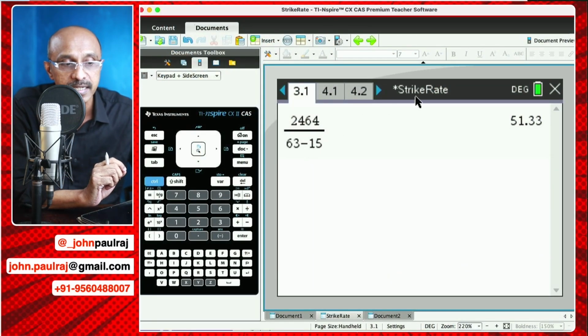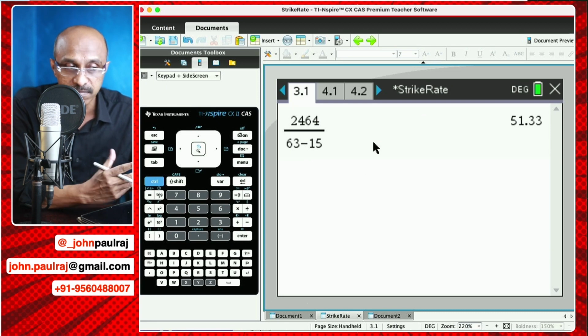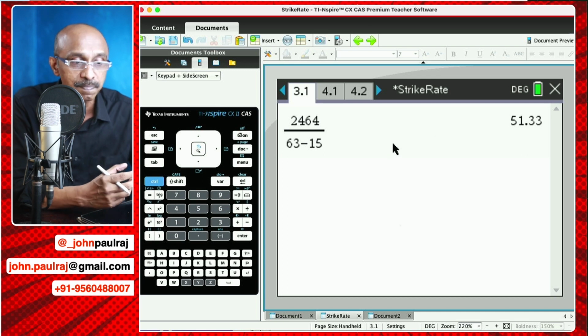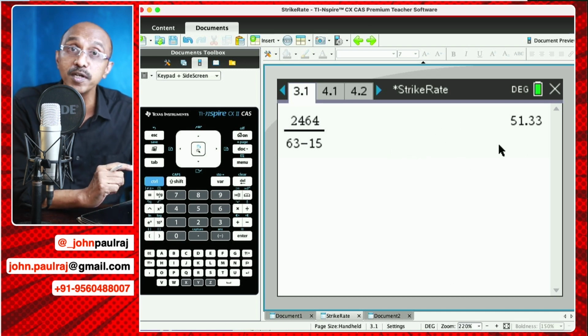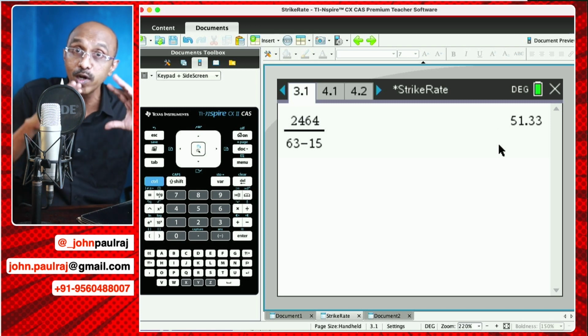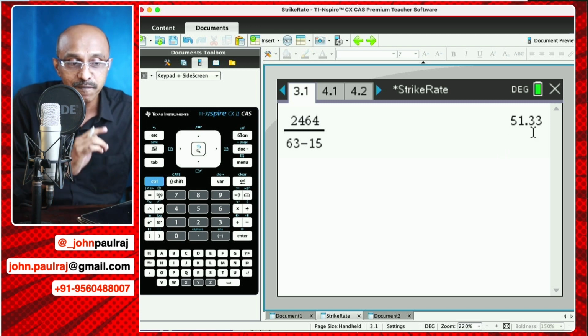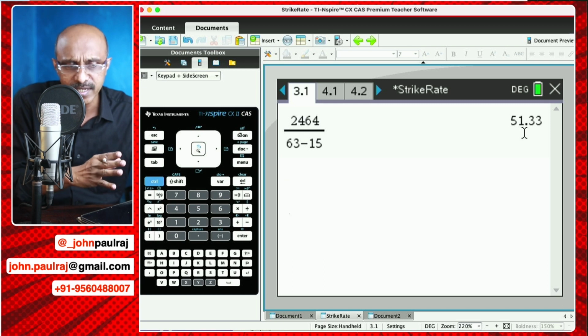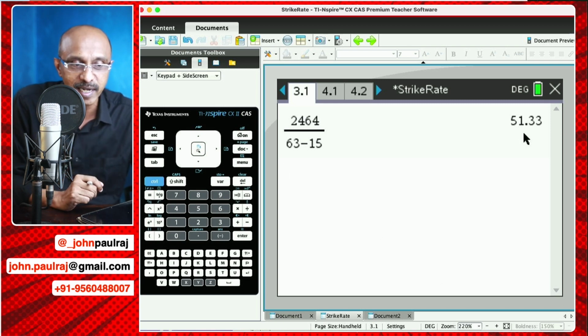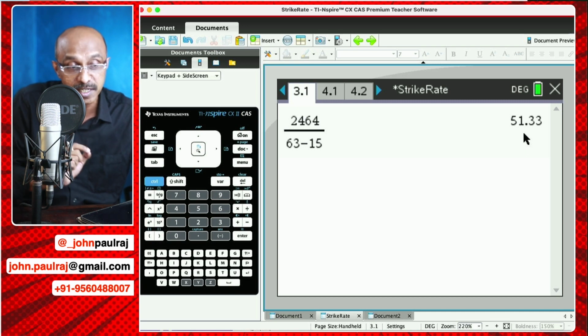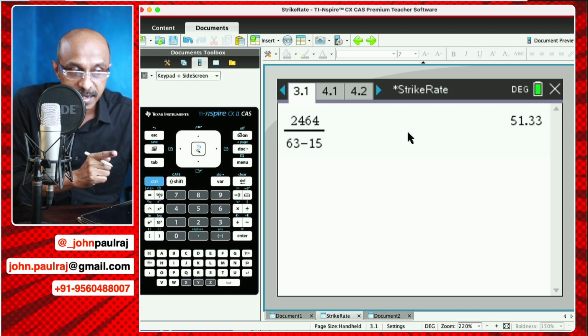It means that Mohammad Rizwan, in this case, that's our player that we're using as an example, the number one T20I ranked batsman, is going to score on an average, remember, on an average, 51 or 52 runs. He obviously cannot score 51.33. This is the beauty of mathematics. Okay, 51 or 52 runs, he's going to score on an average every time he comes out to bat